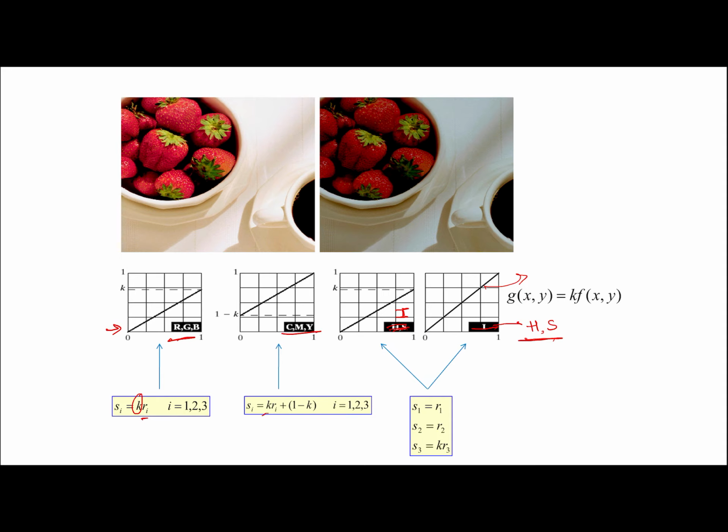In RGB and CMY we have to scale all three different components or planes. However, though the transformation takes minimum time in HSI space, we have to consider the complexity of converting RGB to HSI or CMY or CMYK to HSI.